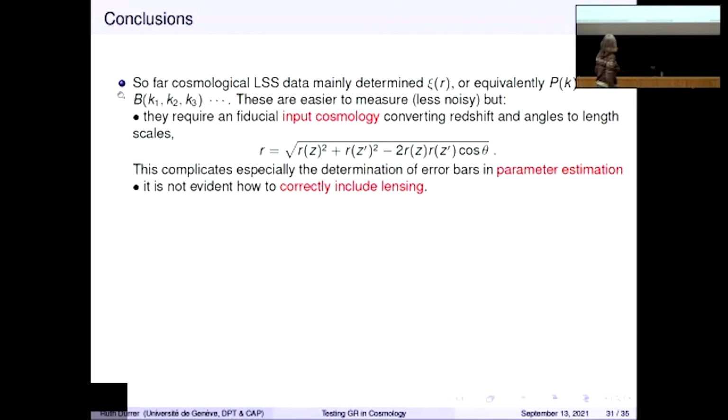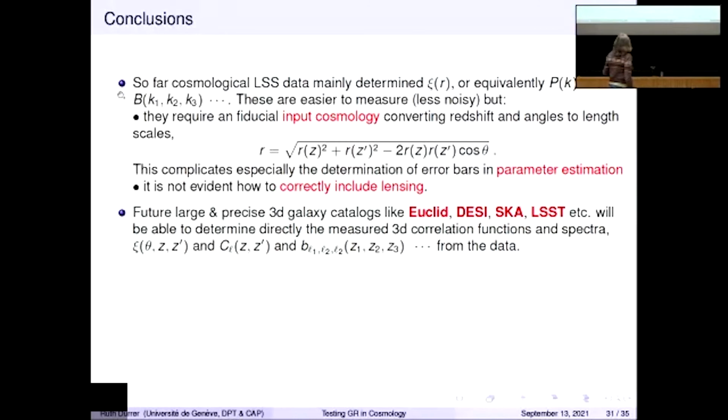And furthermore, in these three-dimensional spatial quantities, it's not clear how to compute lensing, because we know how to compute it on your background light cone. But your background light cone gives you a spatial surface and not a three-dimensional space. And when you go off your light cone, there is no lensing, right? Photons move along light-like geodesics. This cannot be helped.